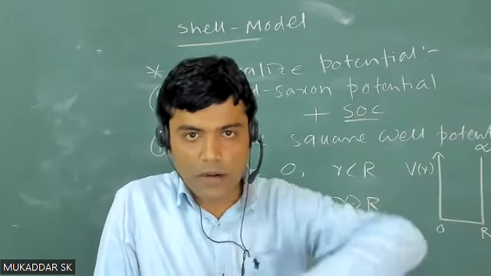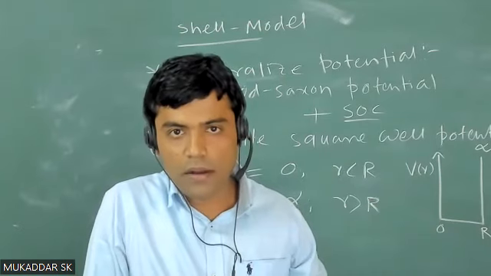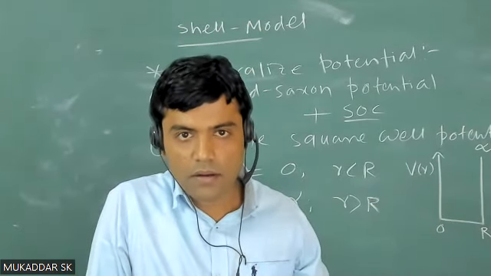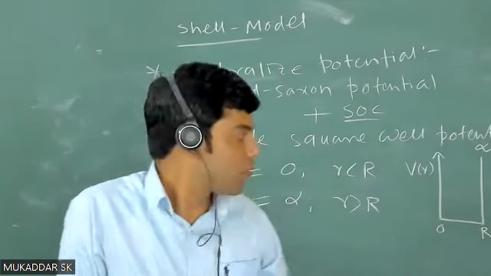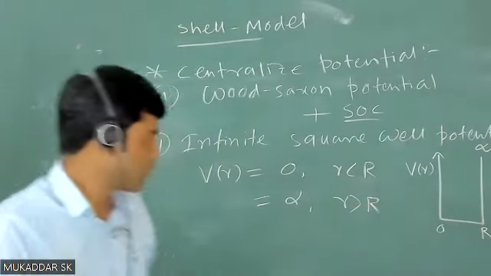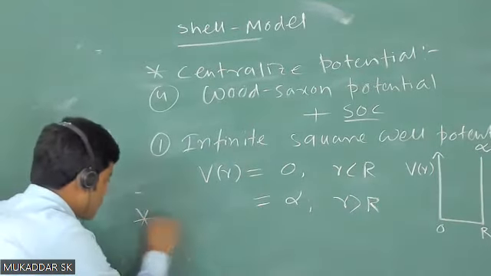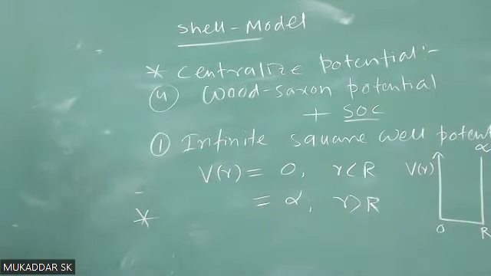Okay, so when a particular nucleon is revolving, the role of the other nucleons is creating some centralized potential, and that form of centralized potential is an infinite square wave potential. Okay, now how will we solve that problem? So you have to calculate the energy eigenvalues, you have to use